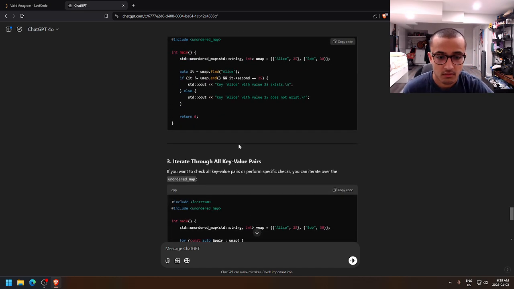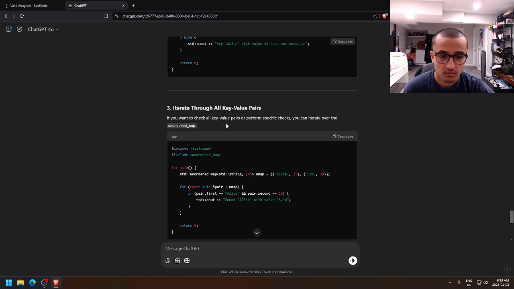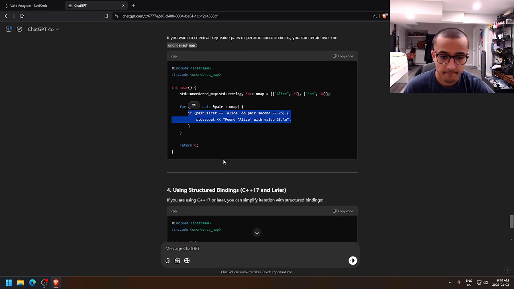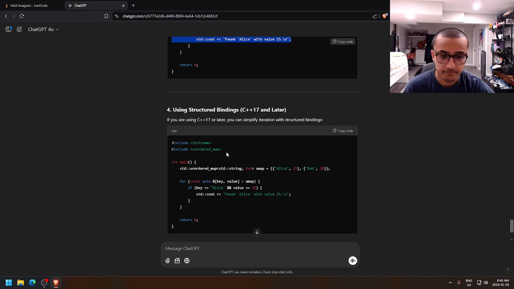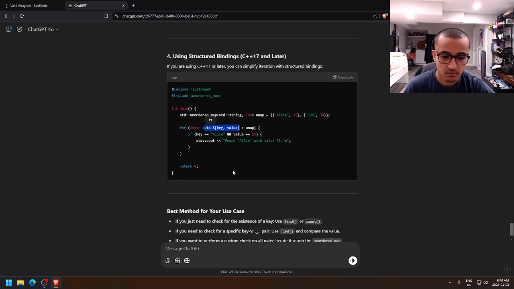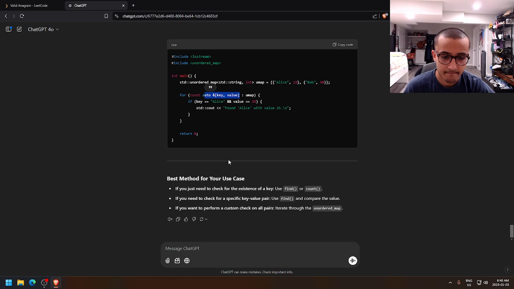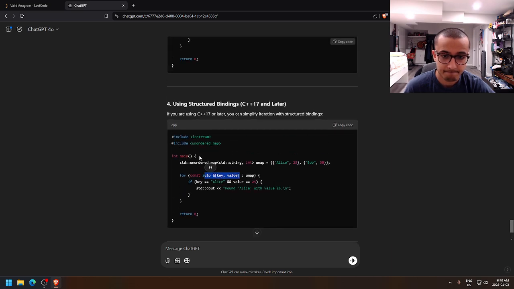Compare, guess. Dude, this is so sick. You can simplify iteration with structured bindings. This is cool. So basically,